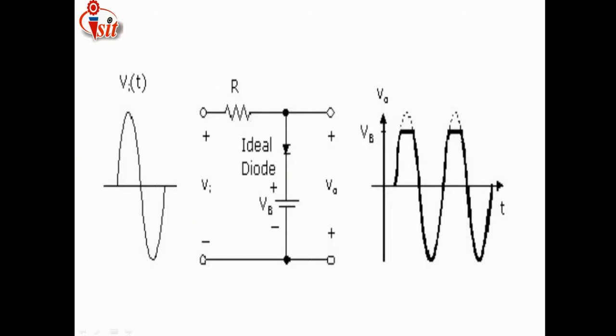Along with this, just see here, whatever the input is applied here, we are getting output from their side. That input is a sine wave, and the output we are getting is clipped, that is, some positive part is clipped from this circuit, and we are getting that clipped output voltage. Here also, similarly, we are applying that sine wave as an input.